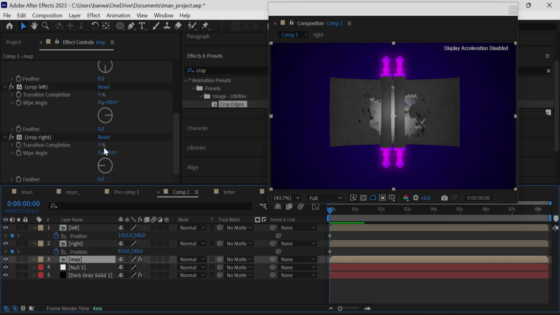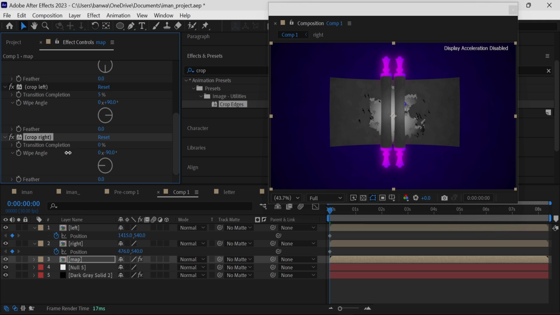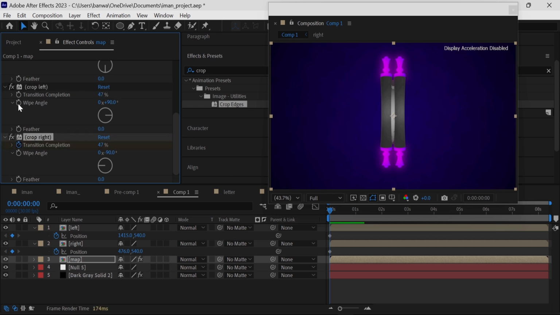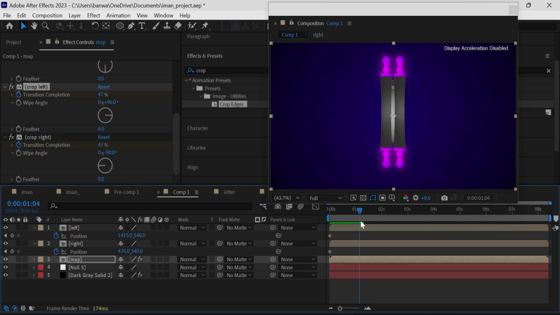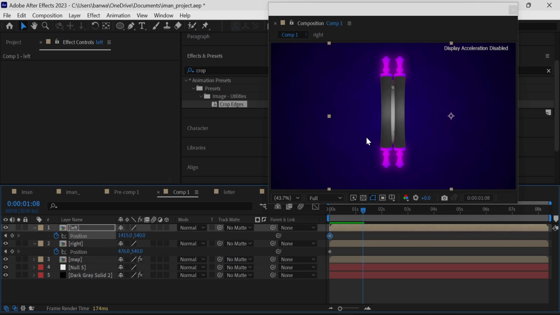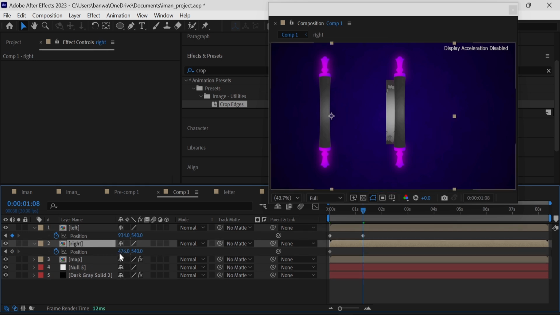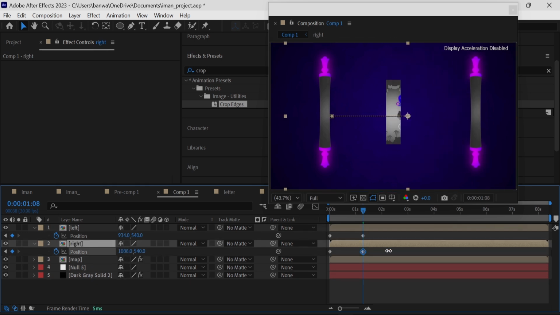And similarly we will animate our map by left and right crop settings, and by putting keyframes on 47%, changing their position, and again we will bring back their position to the original position and put the keyframes,